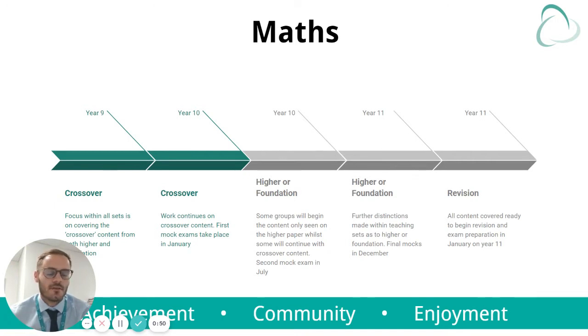Now, 60% of the content on the higher and the foundation papers is the same, and this is what we refer to as the crossover content. The reasoning behind this is to keep the curriculum as broad as possible for as long as possible, in the sense that pupils get as much time as possible to evidence the correct tier of entry for them, whether that ends up being higher or foundation. Now, certain sets may go at slightly different paces, and certain sets may look at certain topics at different levels of depth and challenge. However, all pupils will be accessing and seeing the same content